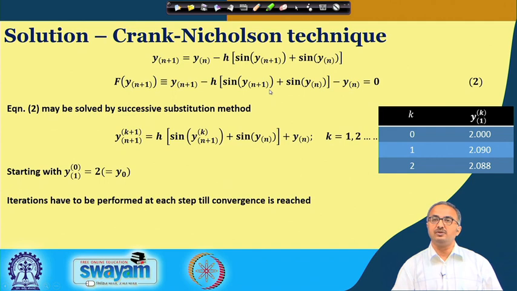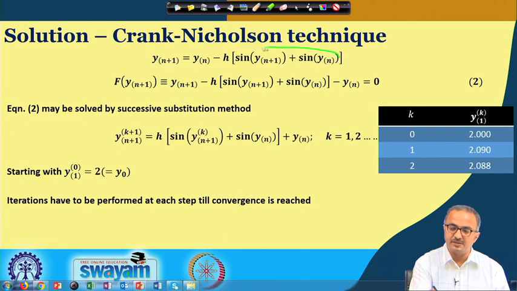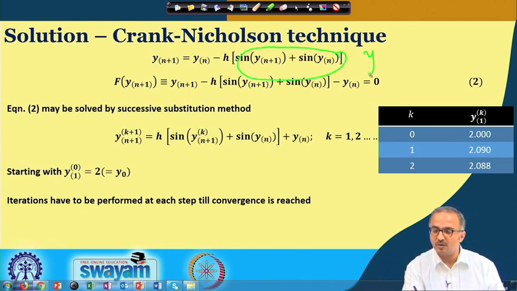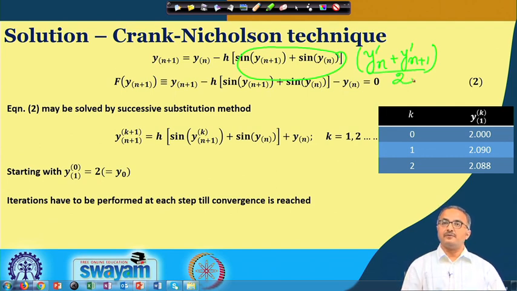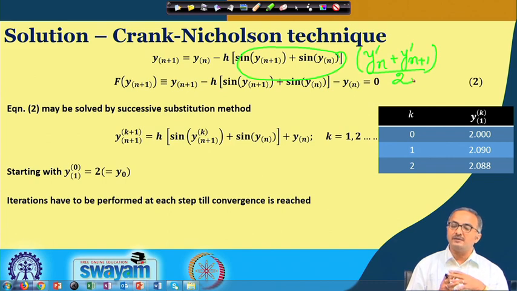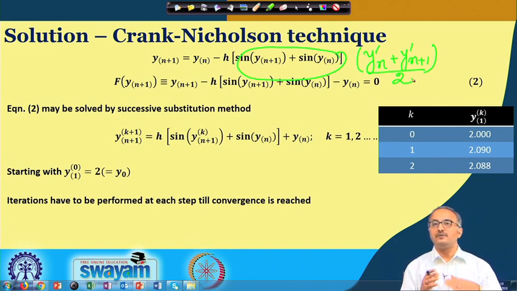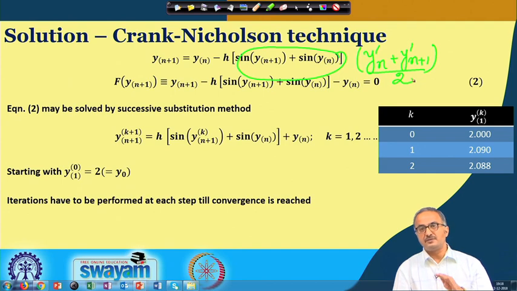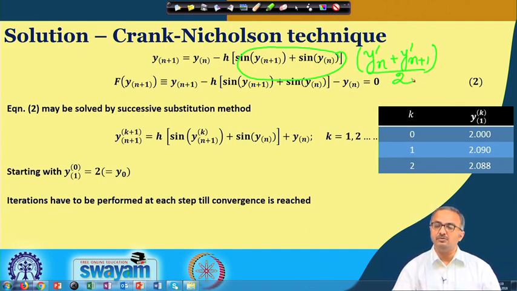So, here what we are basically doing is this particular thing: this right hand side represents y prime at n and y prime n plus 1, and we are taking the average of this. That means we are giving weightage to the values at the previous time step, or the previous value of the independent variable, and the present value of the independent variable. That is how this becomes semi-implicit, neither purely explicit nor implicit.